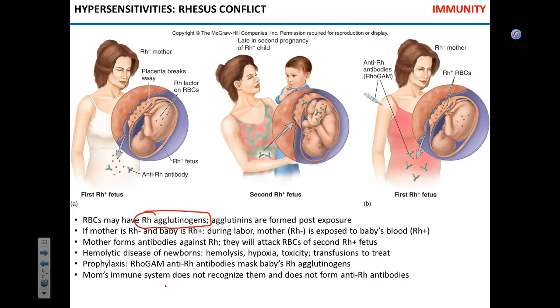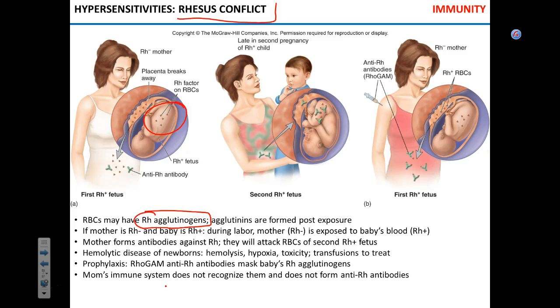That brings us to the Rhesus conflict. The situation when mother is D negative and the fetus is D positive. Mother's blood and fetal blood, are they separated during pregnancy? Physically? Yes, completely, by placenta. There's no contact between blood. There's diffusion, of course, but there's no physical contact. So, D positive or Rhesus positive red blood cells of a fetus never get in contact with mother's immune system,